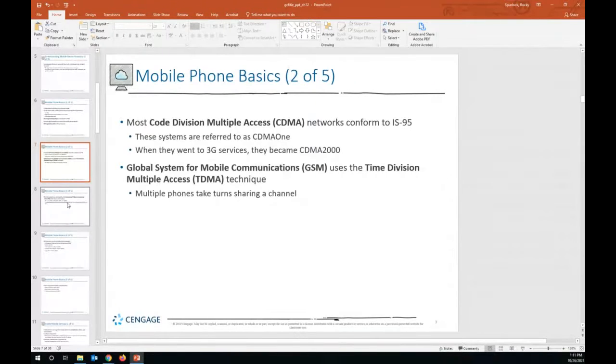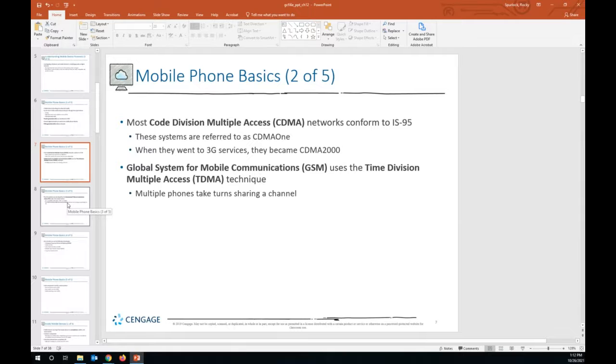Most code division multiple access, or CDMA networks, will conform to IS-95, which is a widely used digital cell phone technology that makes use of spread spectrum modulation to spread the signal across a wide range of frequencies.